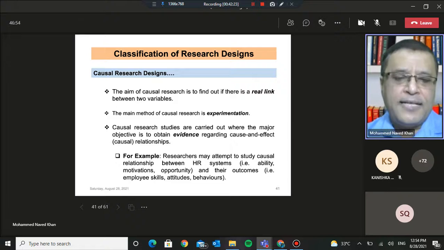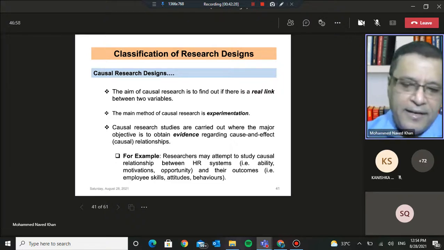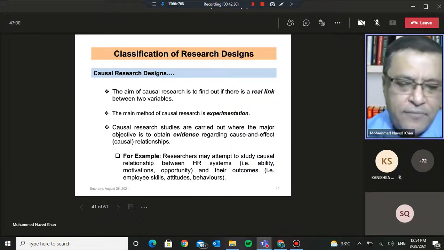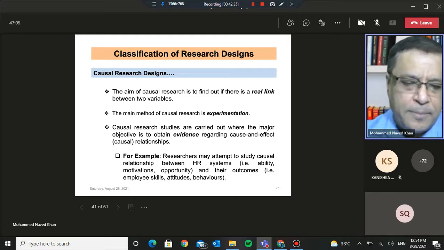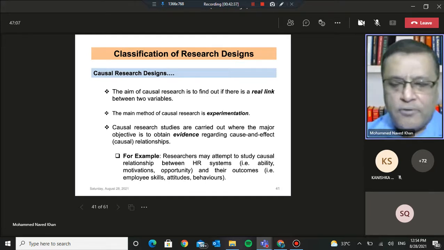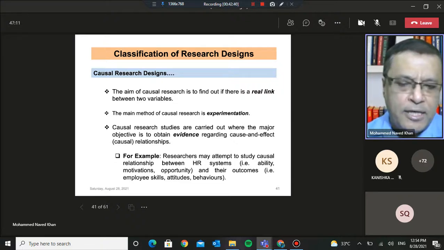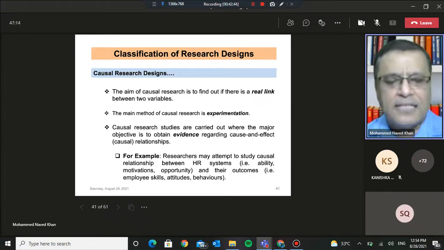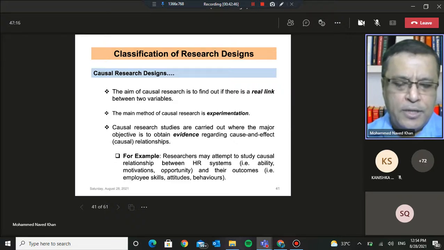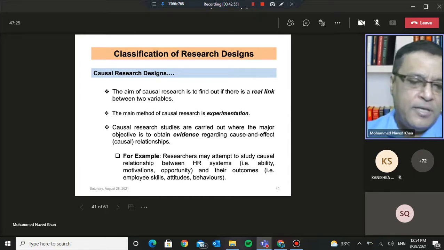So the main method as far as causal designs or causal research is concerned is experimentation. You will agree that what we are doing in the example that I shared with you is experimenting. You are changing the price, manipulating the price, you are changing the package design, and then each time you are trying to study the effect of this change or manipulation in terms of the dependent variable, and that dependent variable is nothing but, say, the sales figures that you are monitoring, whether the sales figures are improving or not improving because of the experimentation or the manipulation in the variables that you have done.